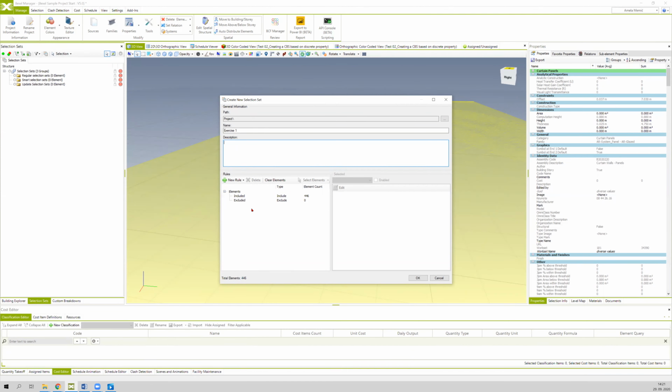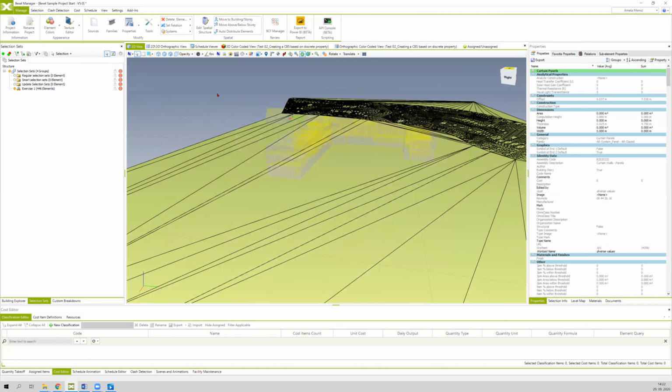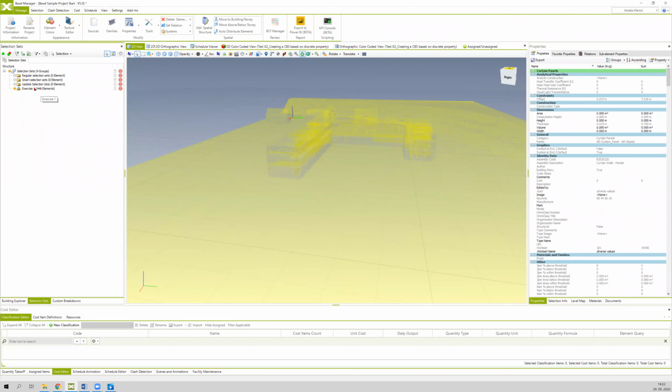And this information down here, which is stated as total elements, is the total number of elements which are placed in the selection set. So if you would add several different rules, this total elements number would show you how many elements apply to those rules. So to finish this process, click on the OK button,